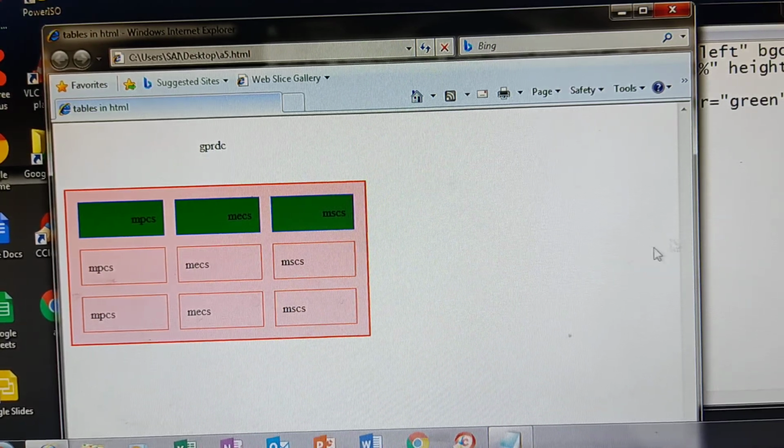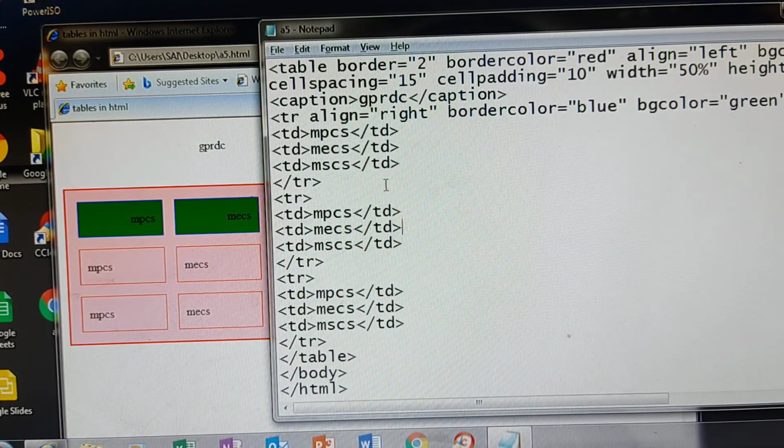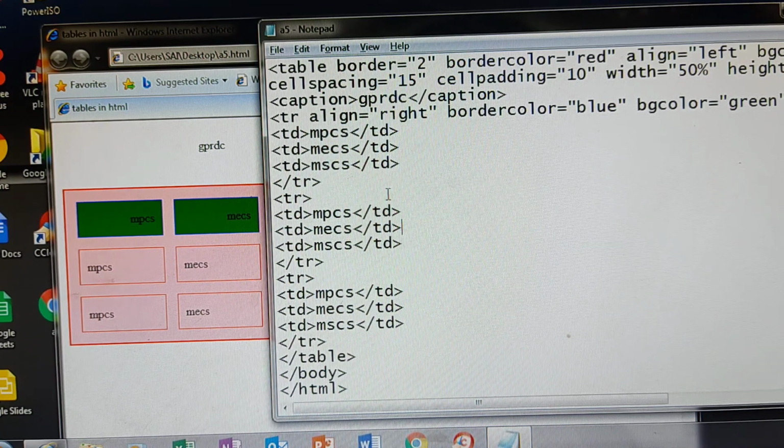Okay, so actually whatever attributes you have given in the table, all those attributes you can use inside the row also. The thing is, in a table whatever attributes you have given will be applicable to the entire table.